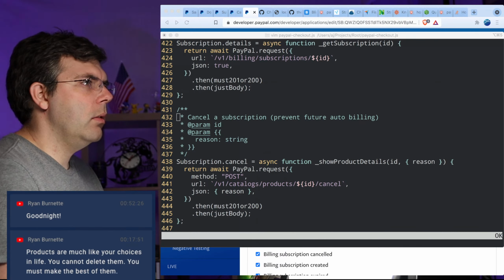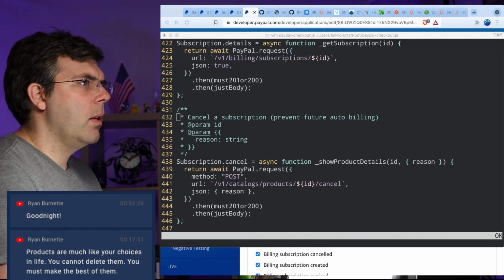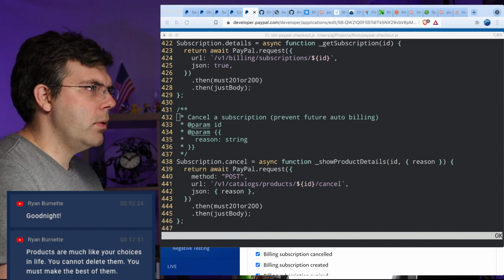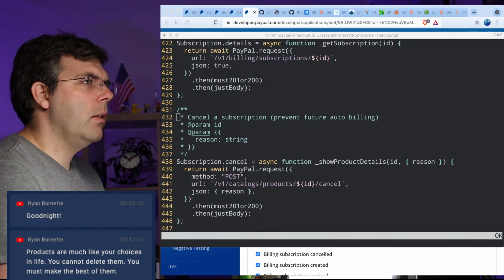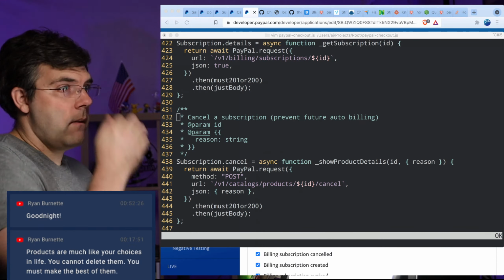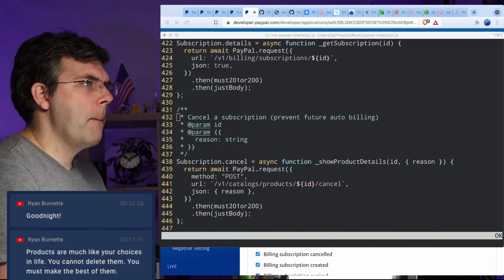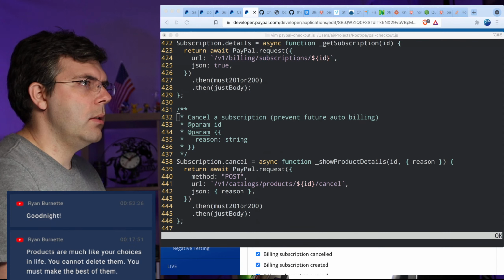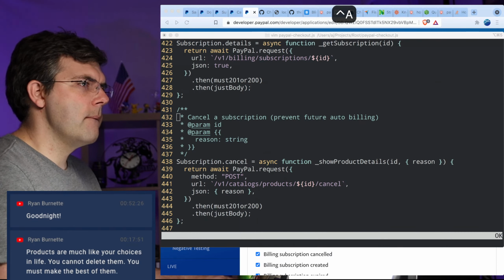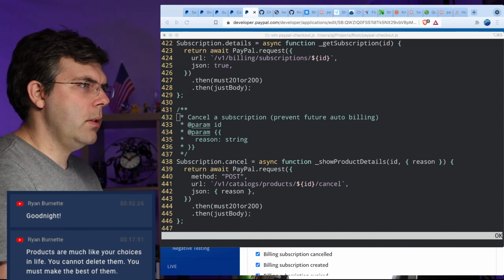CORS domains is going to be, let's see, HTTP localhost 3080, bliss.js.org. Oh, whoops, that's not what I wanted to do, actually.